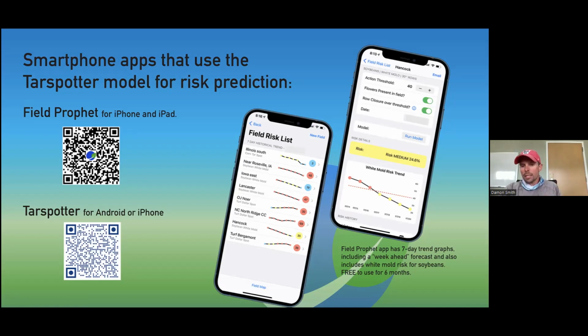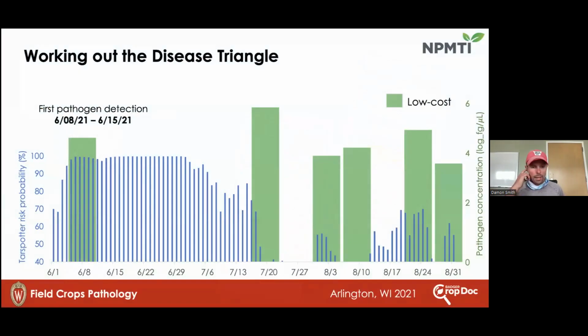If we've had high risk, it's probably telling you that if you're inside that V10 to R3 growth stage, you should be out scouting, looking for the disease, and then using this tool combined with your own observations to make potentially a spray recommendation. So just use it as a tool. Don't just turn your brain off and start spraying fungicide according to Tar Spotter. You still have to have some thought process in the use of that tool.